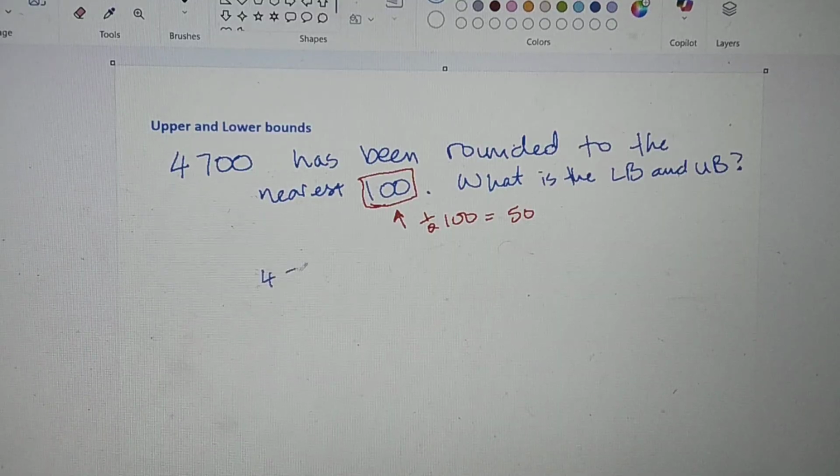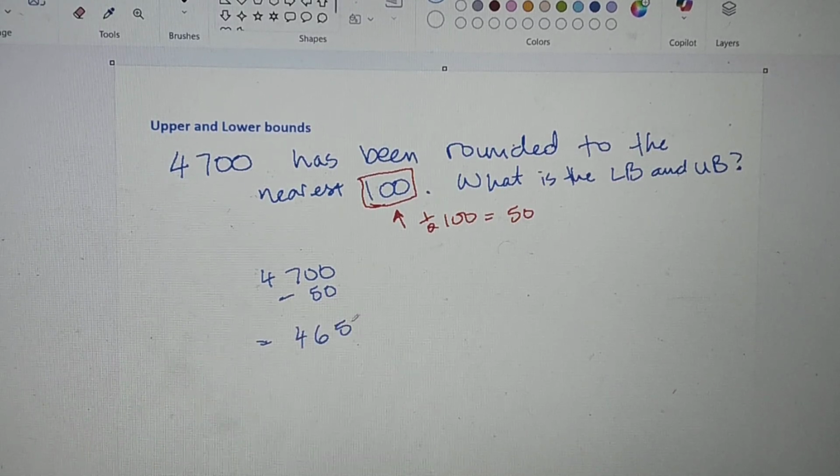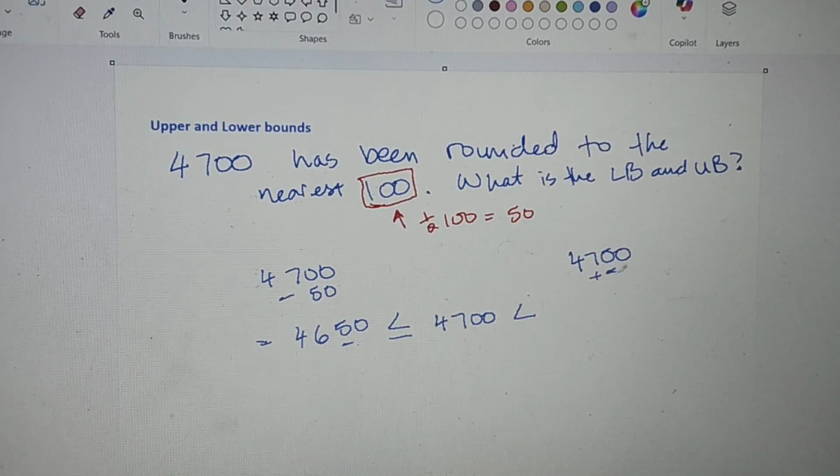So 4,700 minus 50 would be 4,650. I'll then say that must be bigger than or equal to 4,650, because it could have been 4,650, because that 5 would round the 6 up to a 7, and that would definitely round up to 4,700. You can either put a variable there, like an x, or you can put your 4,700 there, that's either or. And then less than, but not equal to, your 4,700 plus 50,